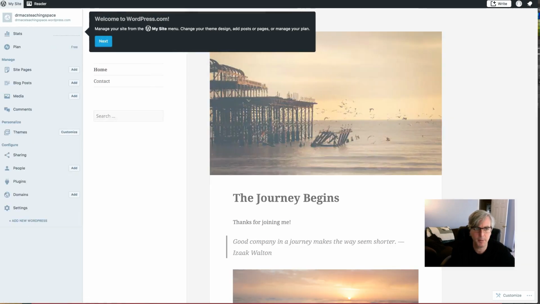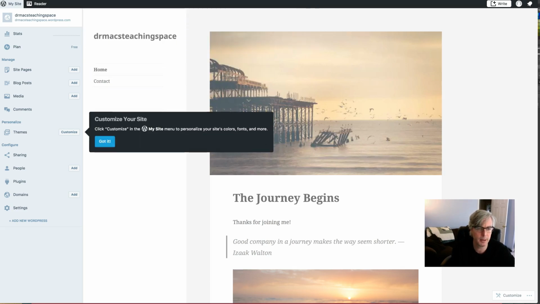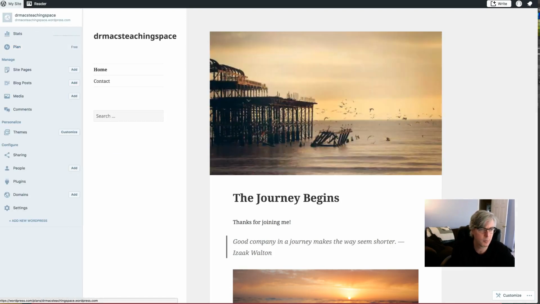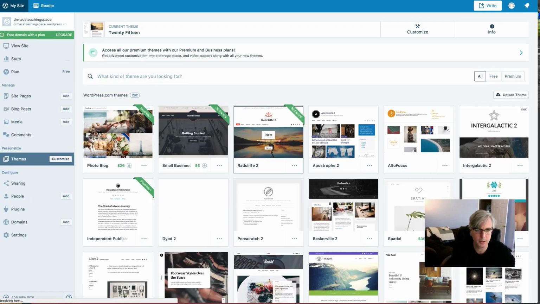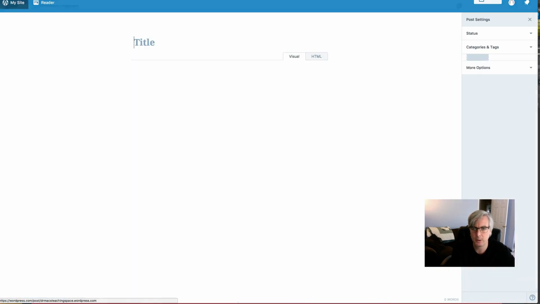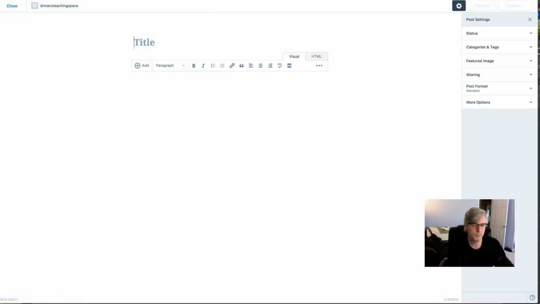And here is my spot, and it will walk you through each of these items. And you can go and manage your site, and we'll go over all that as the semester goes, but you just need to get it started. So I'm going to hit the next button, got it, and now if I want to go to my site here, this is where I can change my themes. If you click on themes, for example, you can change the way that your blog works and play with it whenever you want. If you just want to write a post, you can click on Write, add your title,